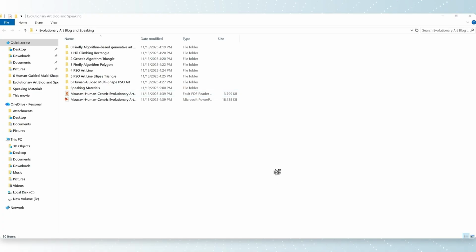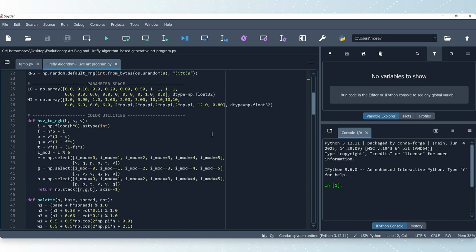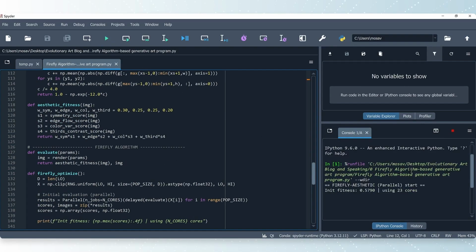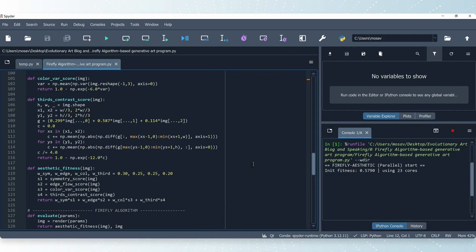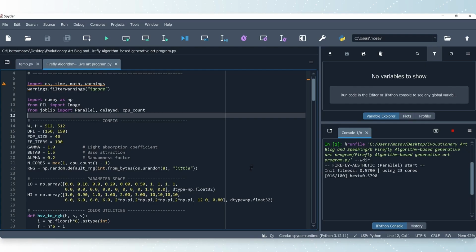Let's run them one by one. For example, this is number one, where the Firefly Algorithm is going to generate the evolutionary art from scratch. It's going to start working. All 23 cores are at work. It takes some time.